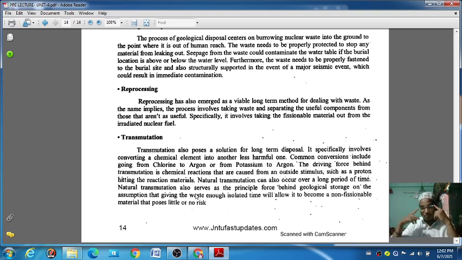So we have to see whether the waste is harmful or not. If it is harmful, we have to apply another chemical reaction with another chemical, and it will be converted into a non-harmful form, and after that it can be released into the atmosphere, whether it is in liquid, gaseous, or solid form. So this is your nuclear power station.